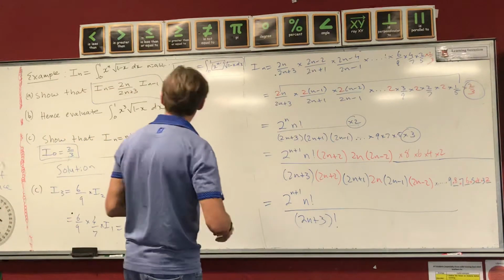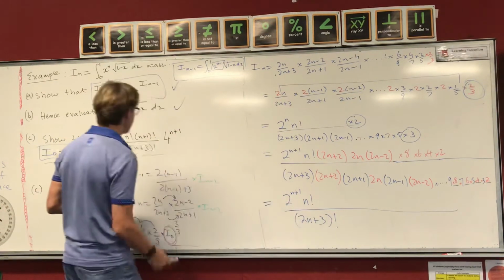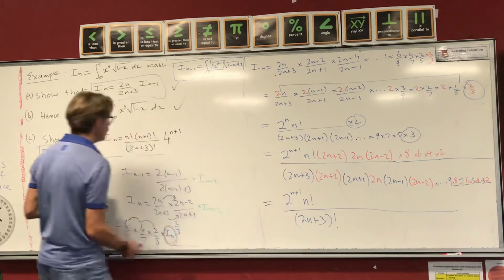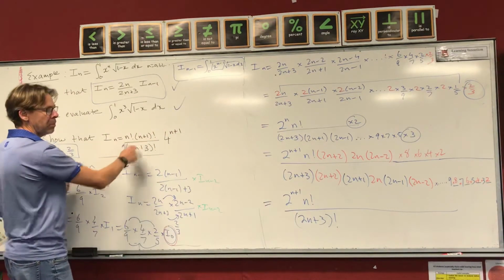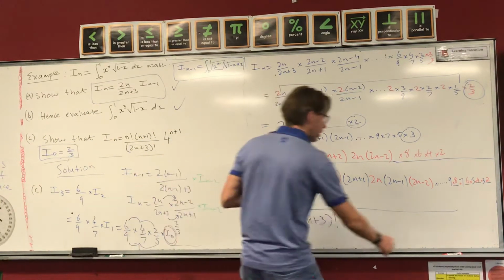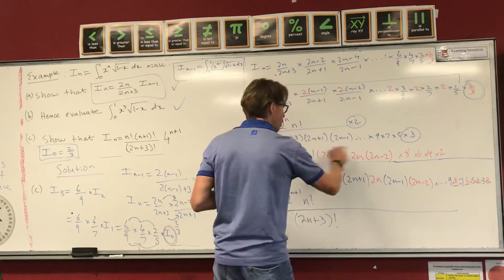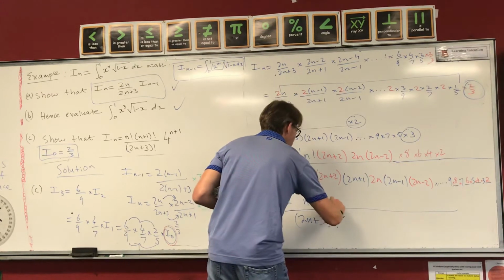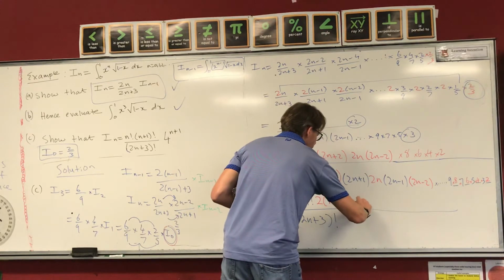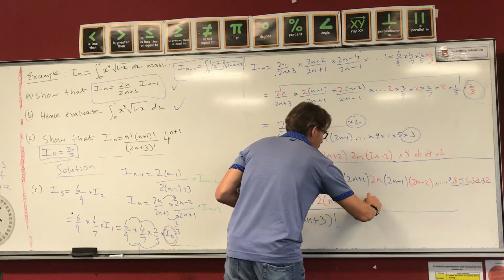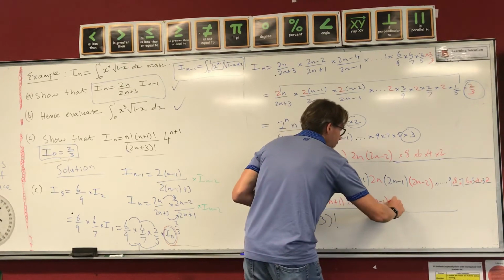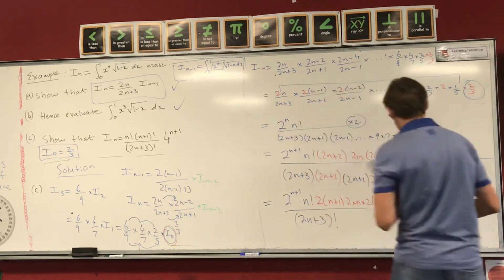Now, I've got the n factorial, don't I? I've got the power of n plus 1, which is looking good. I want that to be a 4 though. And the next thing I need is n plus 1 factorial. What I can do is take out the 2's here as a common factor, so 2 outside of n plus 1, and 2 times n, obviously, times 2 outside of n minus 1, and